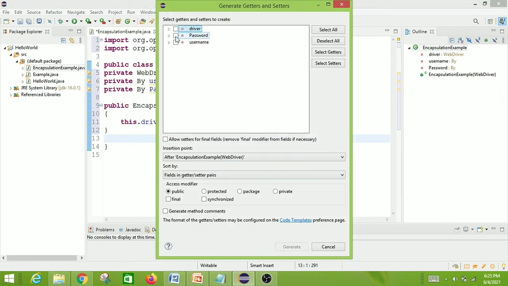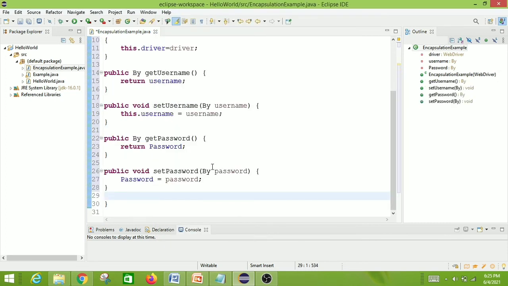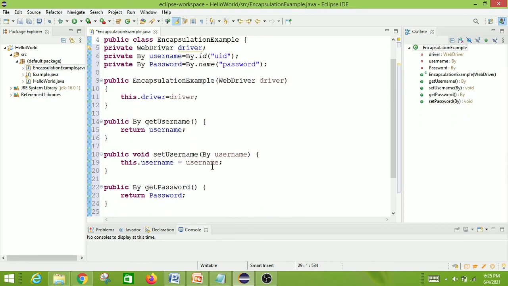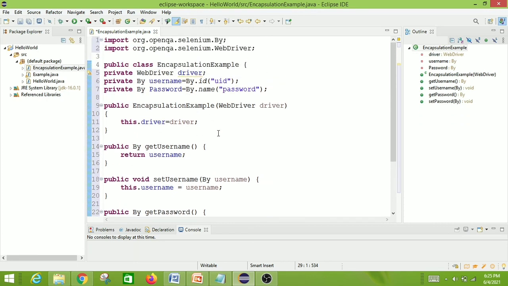I'll be generating for password and username, and the access modifier should be public, then only we can access it outside. So I'm going to click on generate. Yeah, awesome, it's created. So this is the functionality of setter and getter methods. If you have 10 data variables, it will be created for all the variables. That is the functionality of getter and setter.